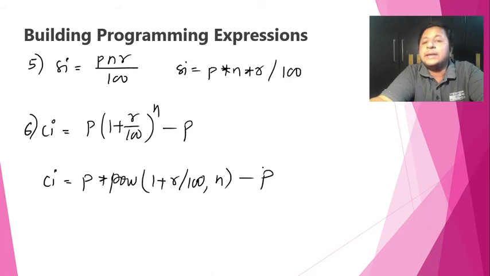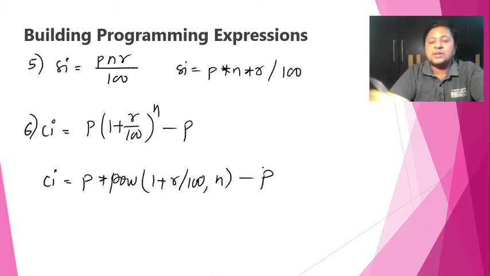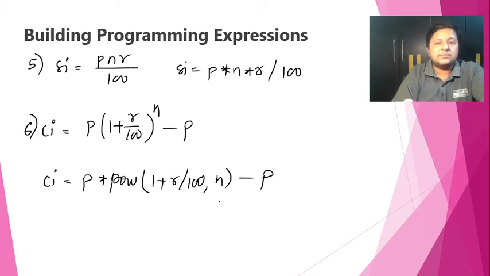Surprisingly, we do not need any extra bracket because it will be handled properly. It's going to first make use of R divided by 100. Then 1 will be added because divide anyway has got a higher precedence. So the base is created. It's going to make use of power, this base raised to N. The answer would be prepared, multiplied by P, and then finally the subtraction will be done.